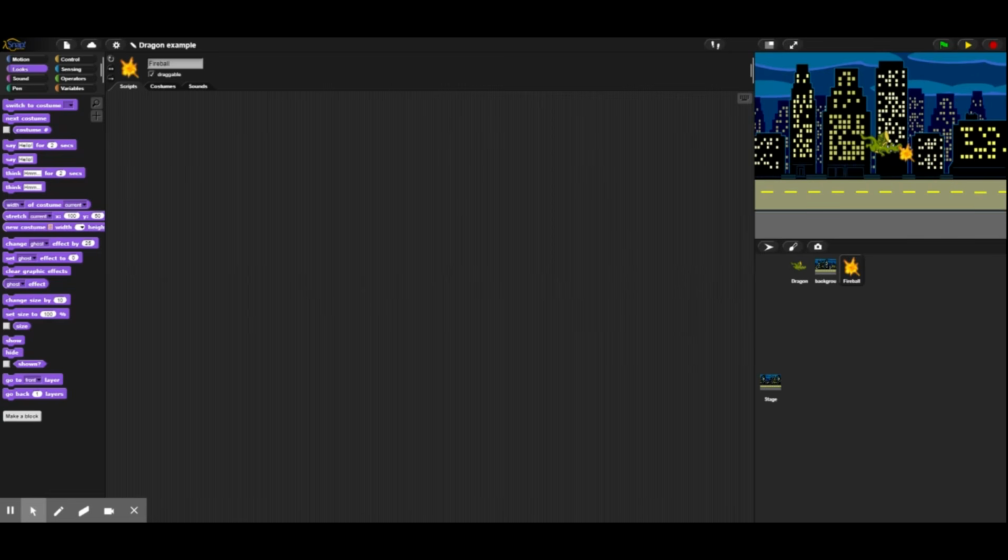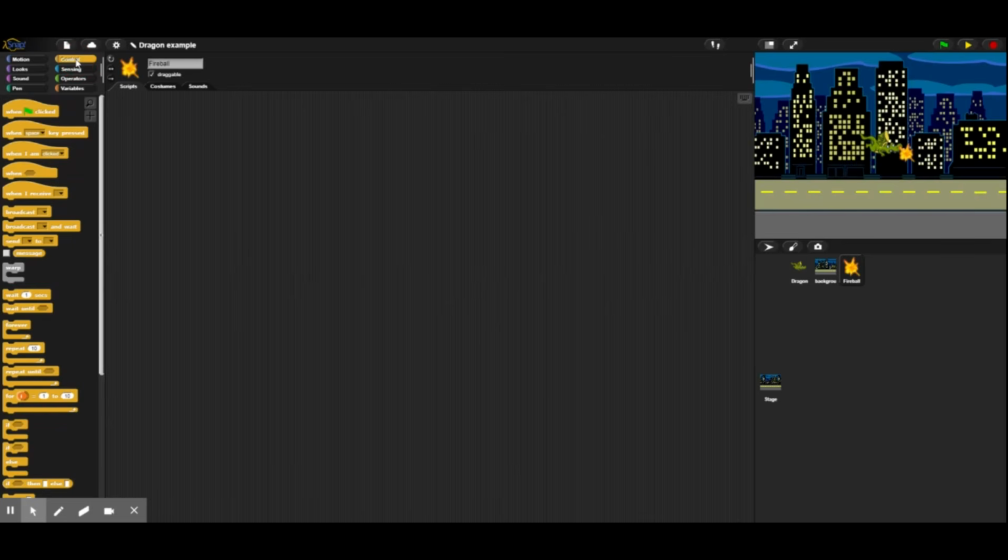Okay, so this one is a little bit more complicated. So the first thing we're going to do is we're going to code starting with our control. So let's go up here to control. We're going to hit when clicked. Now we're going to go to a forever block again, right? So whenever this start arrow is clicked, forever, and we want to do some if-thens, right? So let's do if this block right here,